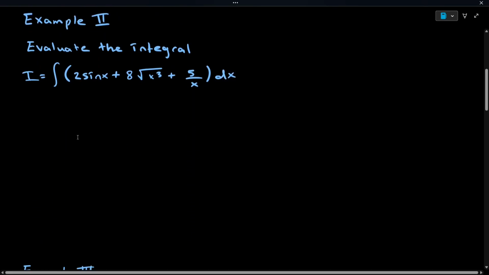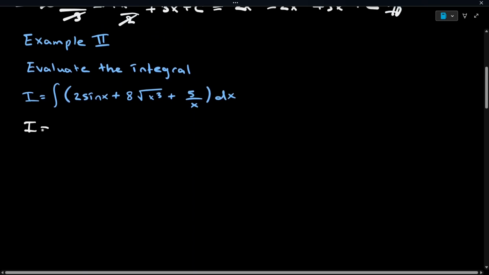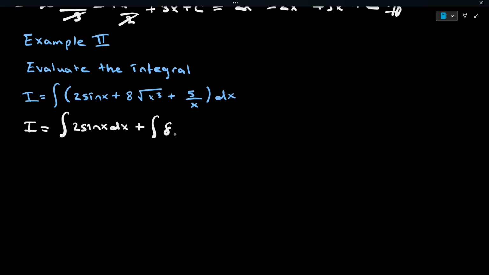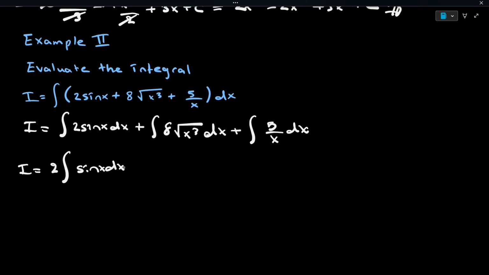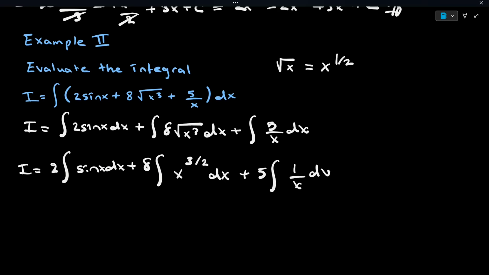Evaluate the integral. We will do the same thing all the time. We will separate them: integral 2 sine of x dx plus integral 8 square root of x cubed dx plus integral 5 over x dx. Now I will take the constants out. 2 integral sine of x dx plus 8 integral, instead of square root of x cubed, because I cannot use the power rule really well here, I will write x to the power of 3 over 2 dx, because I know square root of x is equal to x to the power of 1/2, plus 5 integral 1 over x dx,